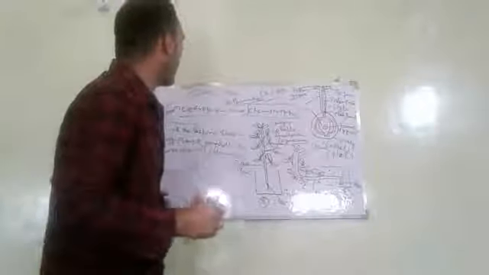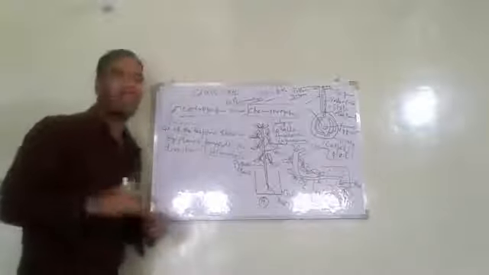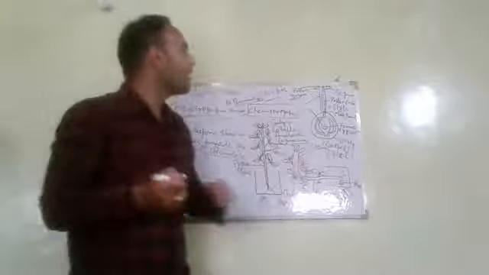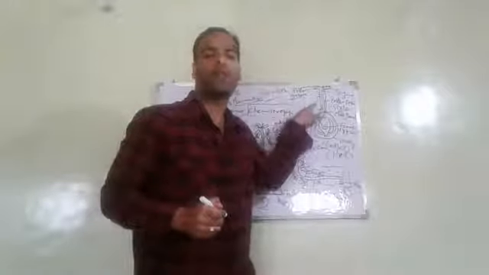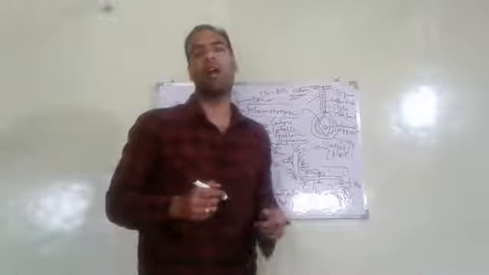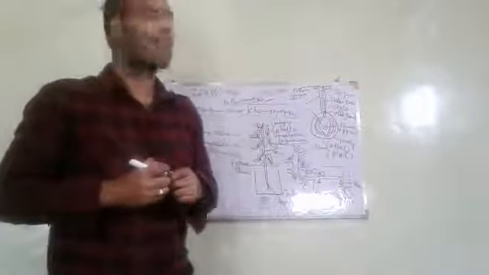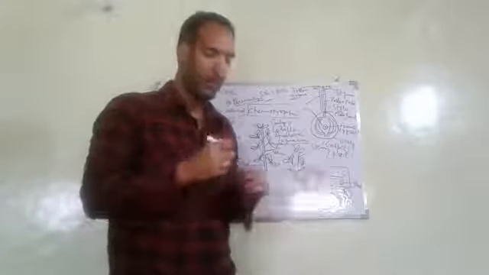Now, what is chemotropism? The response shown by plants towards the direction of stimulus of chemical is called chemotropism. The example is the growth of pollen tube down through the style in response to the sugary substances secreted by stigma of a flower, which is the upper part of carpel or pistil, the female reproductive organ of flower.